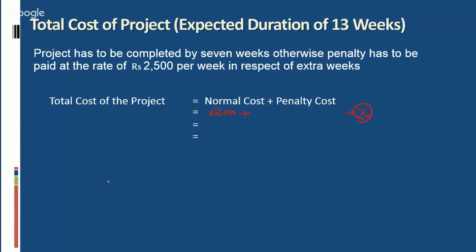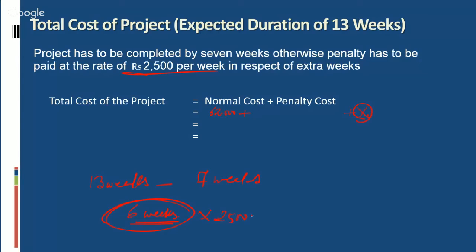Normal duration to complete this project is 13 weeks. But the requirement of the director is to complete this project in 7 weeks. Accordingly, the company is completing this project 6 weeks late. It means the company has to pay additional cost or penalty for 6 weeks at the rate of